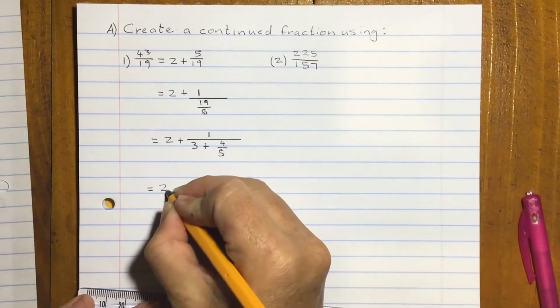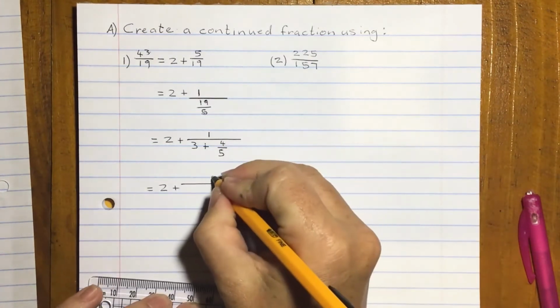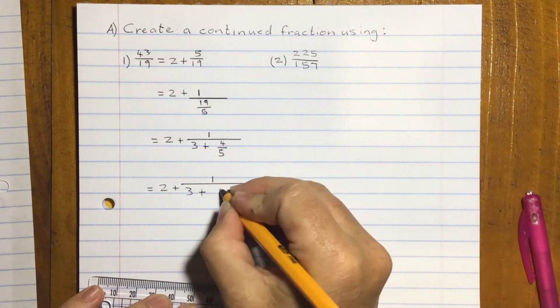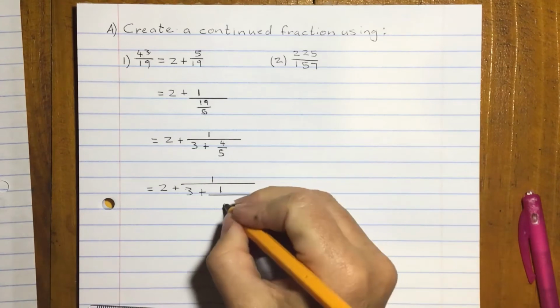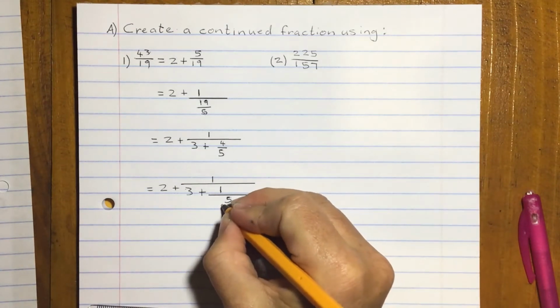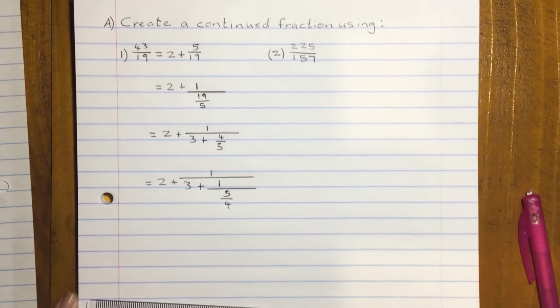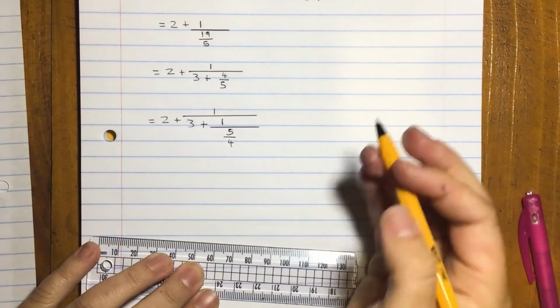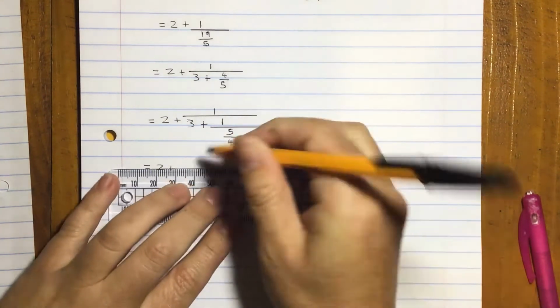And so 2 plus 1 over 3 plus, and I put 1 at the top, and I tip over my fraction, which gives me 5 over 4. And so we can take that improper fraction further, and that will be 2 plus